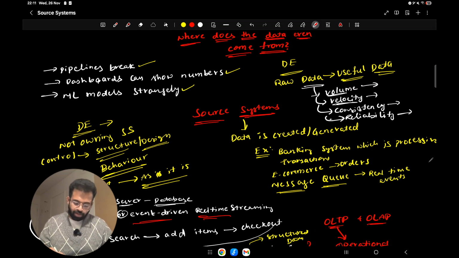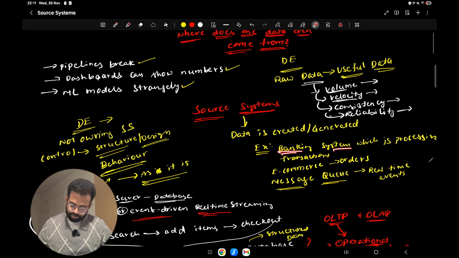We found that the answer is source systems, the place where data is normally created or generated, and it can be a banking system, an e-commerce system storing the orders information, or a message queue streaming real-time events, right?